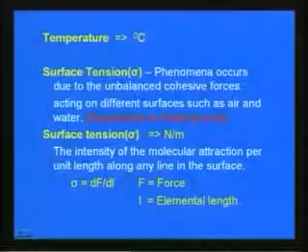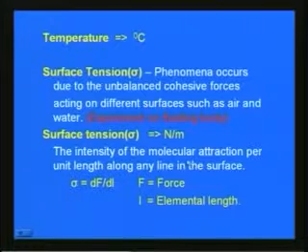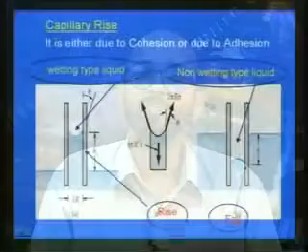The intensity of molecular attraction per unit length along any line of the surface is what the surface tension sigma indicates. So, this sigma can be expressed as dF by dl, where F is the force and L is the element length. Due to this surface tension and other properties, there is another important property in fluid mechanics called